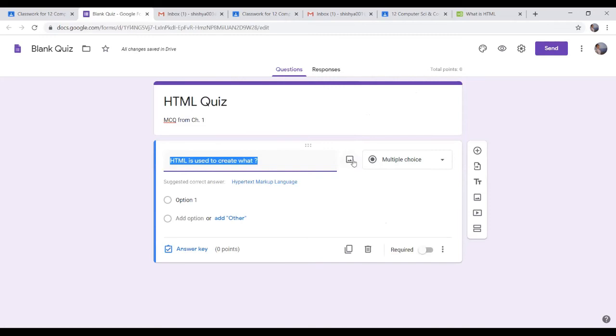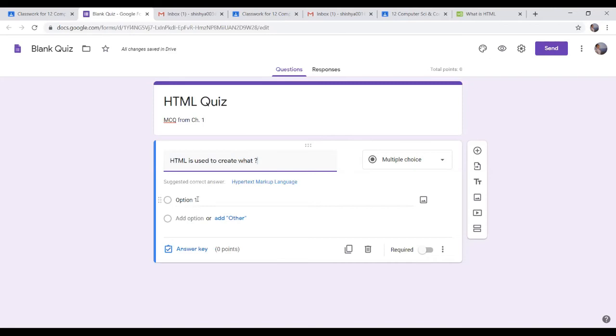You can even insert a photograph by clicking on this button if your question requires some photograph. Especially those teachers who are taking social science and science subjects where images are very important. So sometimes, for example, a history teacher can click on this button and put a photograph of the Taj Mahal and can ask who built this. So this button is very useful if you want to include some photographs in your question.